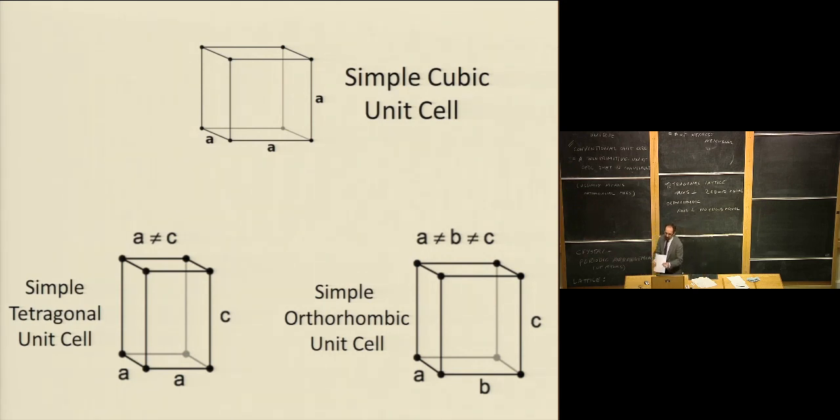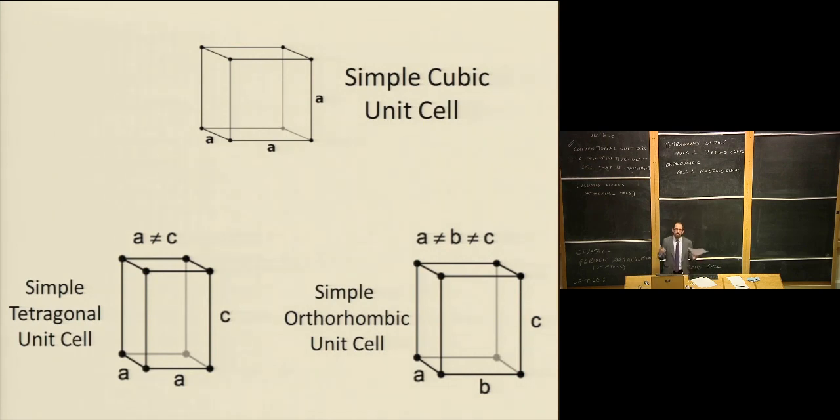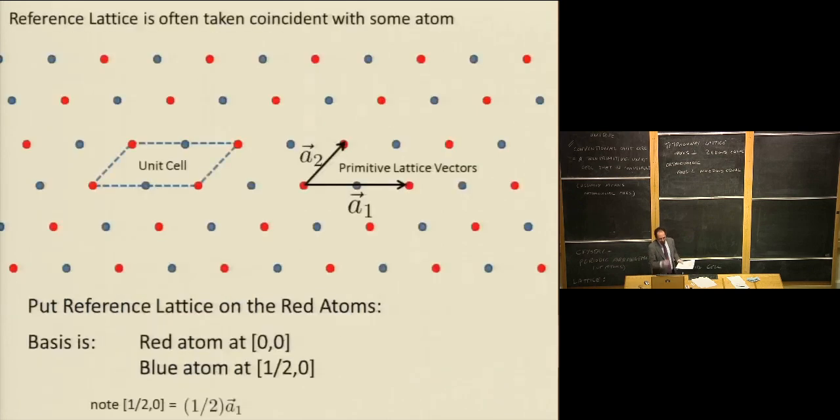Now, although simple cubic is very unusual in nature, there are things based on simple cubic that are quite common. So you do need to know about the simple cubic lattice. Let's go back to this picture here. Remember, if you have more than one type of atom, it's convenient to put the reference atom at the lattice point, and then give another atom's position with respect to the reference lattice point as a basis. So a very important structure is the so-called cesium chloride structure,